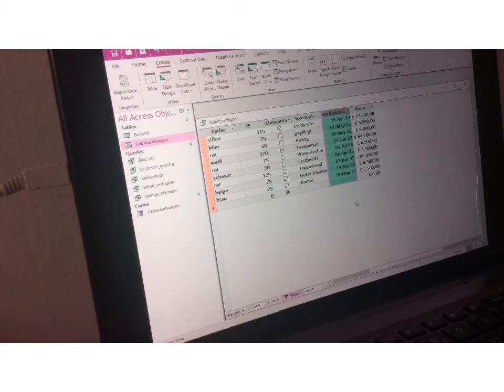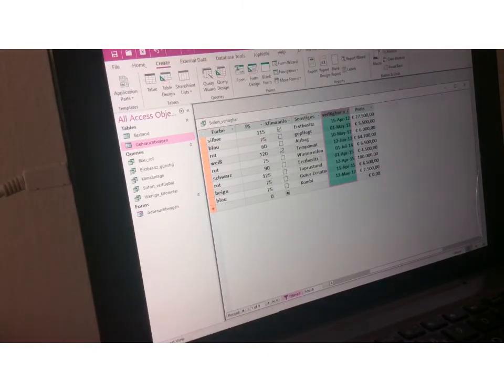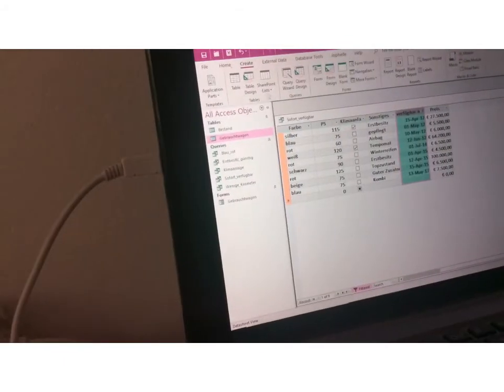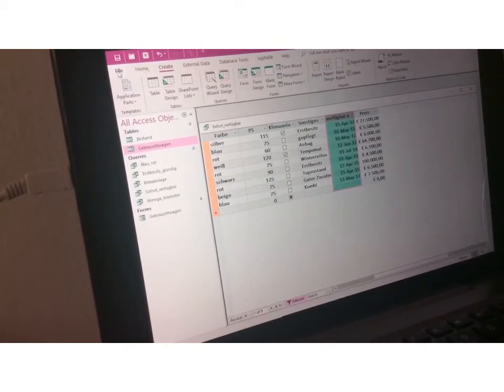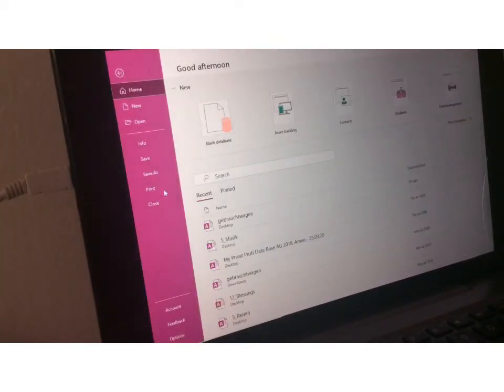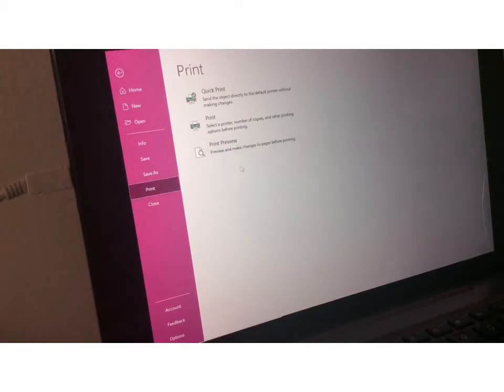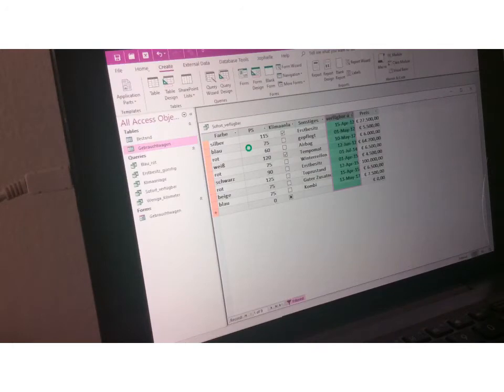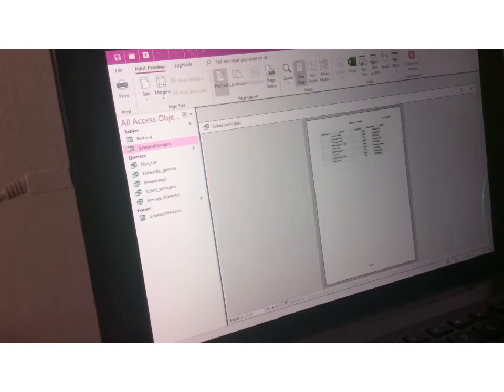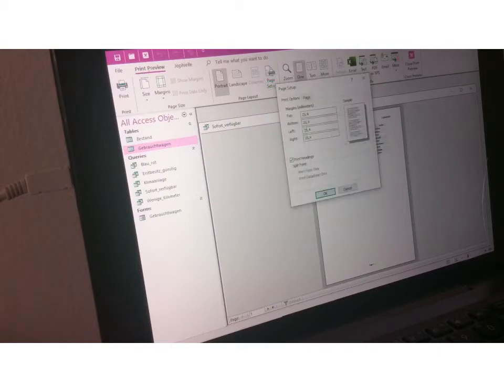So it is sorted. Then once we have done that, we are supposed to print this table, but I don't have a printer, but I'll show you how you go and print. Of course, you have to go to the tab File, and you choose the option Print, and here you can choose print preview, and here you have the page setup. Remember, you can set up the top, bottom, and then